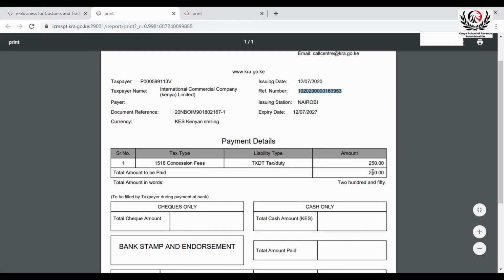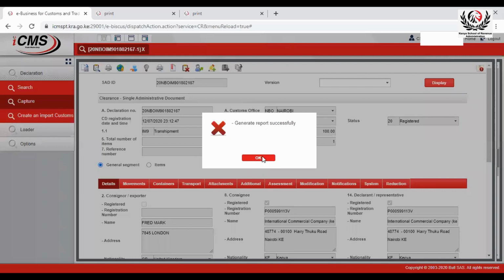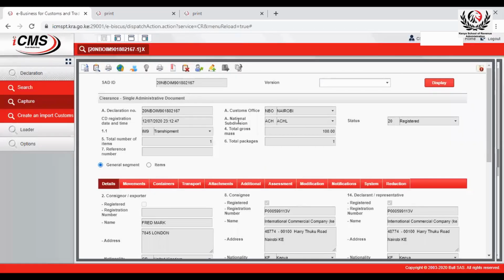So we are going to the bank or pay through M-Pesa this concession fee, and then our declaration will move to under control, and then we'll move to the station ACHL to have our goods released so that we can take them to Kilindini to begin the process of goods being received and exported and our